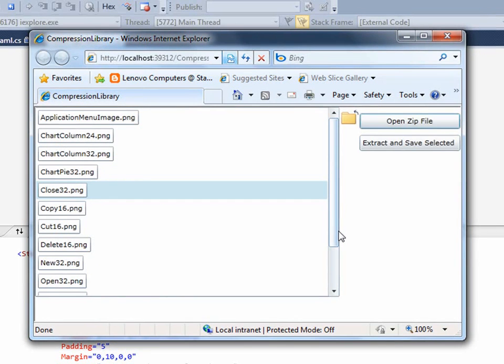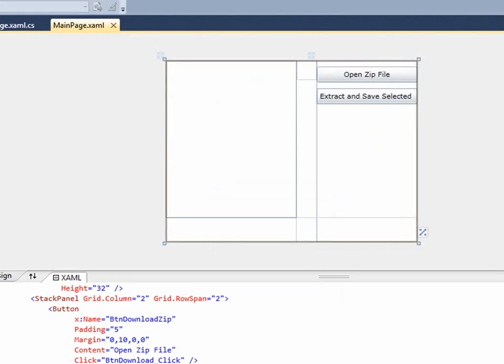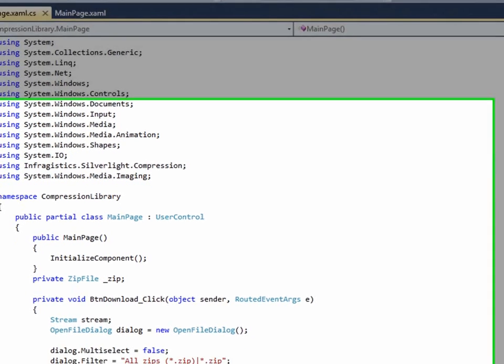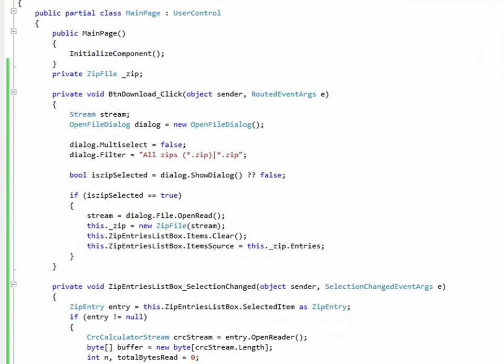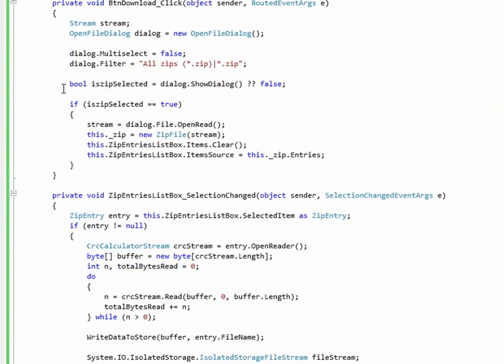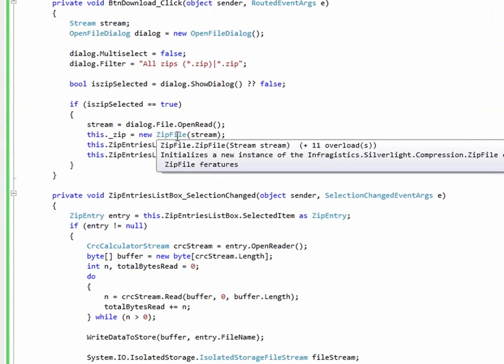So how does all this work? Let's go to the code behind so you can see. Back in Visual Studio, let's start going over the code that makes all this possible. In this event, you'll see that we're using an open file dialog. If an item is selected, we do an open read on the file and pass that into the constructor for